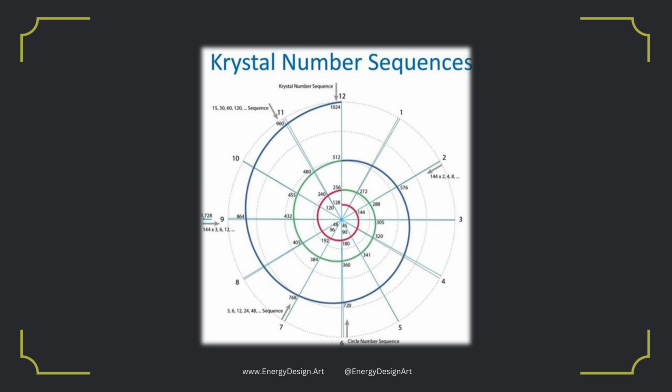And this reminds us a lot of how our cells are formed, or rather how our body is formed through cell division. With each division, the cells multiply by 2. So first we have one cell that is divided, and then there are 2 cells, then 4 cells, then 8, 16, 32, and so on. So it makes absolute sense that this crystal number sequence is connected through the sequence itself with our body, and therefore also with our energy source.